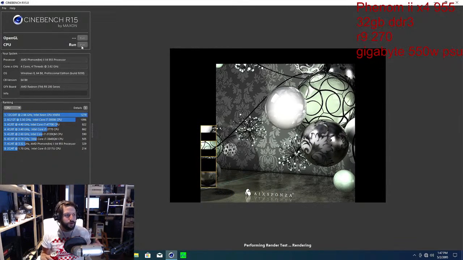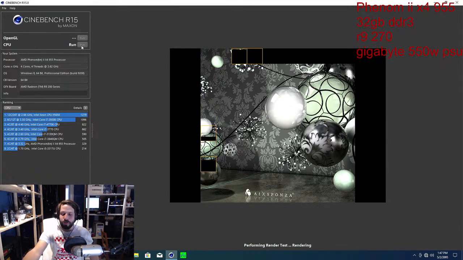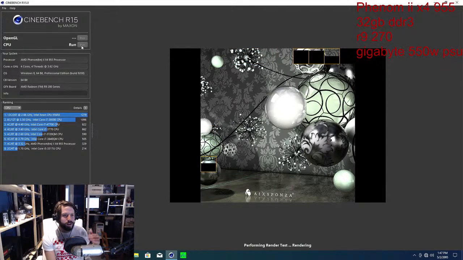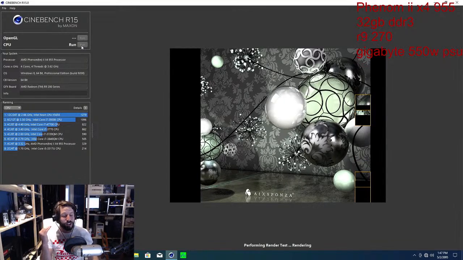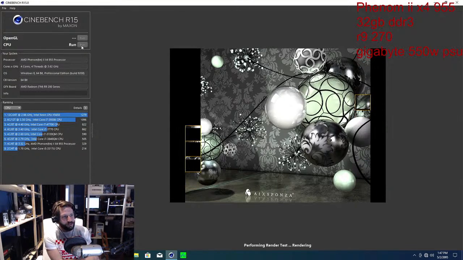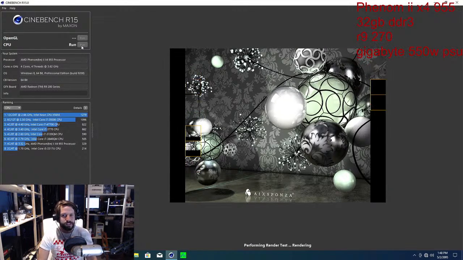So for now, we're basically gonna run it till we hit a, I'm not gonna put 1.7 volts into it. We're gonna run it till we hit a thermal issue. And if we don't hit a thermal issue, if we get to like 1.65 volts, which is a lot of voltage, then we might stop there. That's kind of my voltage threshold, and then my temperature threshold is obviously the 60 degrees Celsius. So